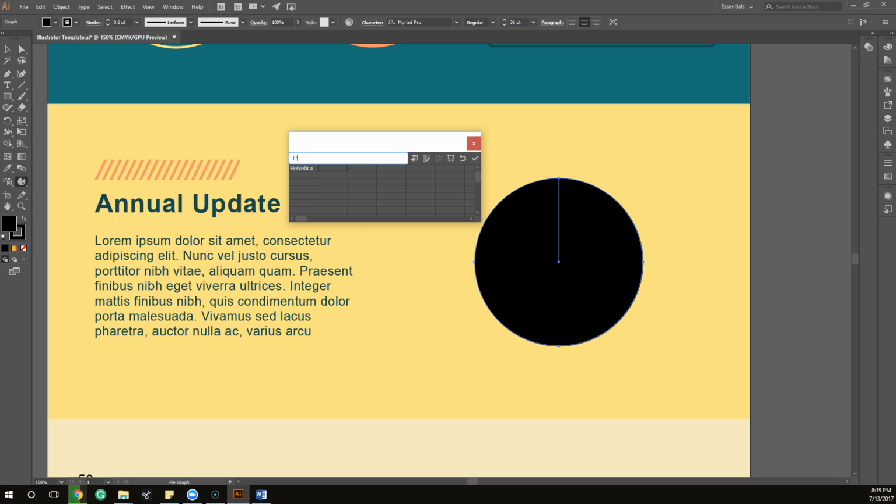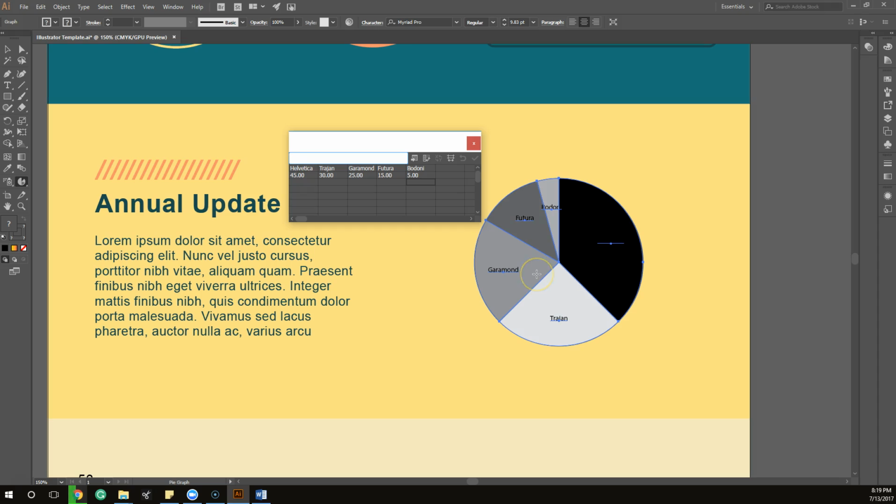So Helvetica, then Trajan, Garamond, Futura, and Bodoni. Okay, and then we go to the second row and type in 45, 30 for Trajan, 25 for Garamond, 15 for Futura, and 5 for Bodoni. And these are the favorite fonts that are used most in infographics and their percentages. So once we have done that, we click the check mark and it puts it into our